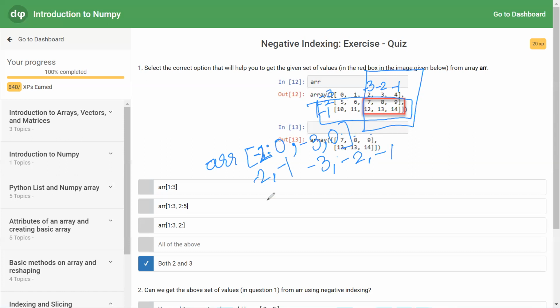So it can also be written as -2 colon, the complete row till the ending. So don't specify. -3 colon, the complete column till the ending. So -3 colon space empty. So these two answers suffice.